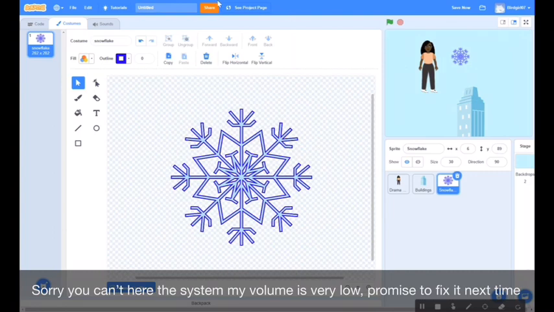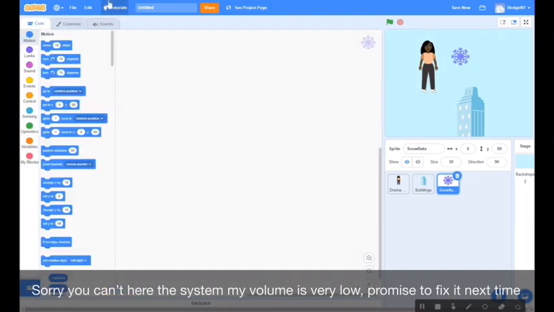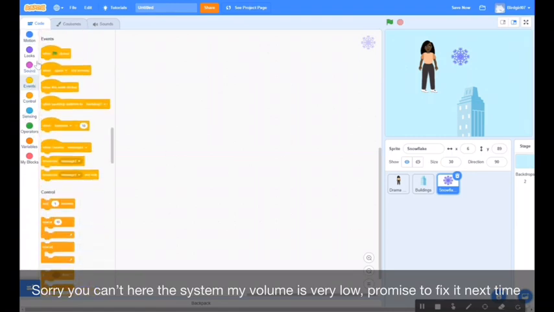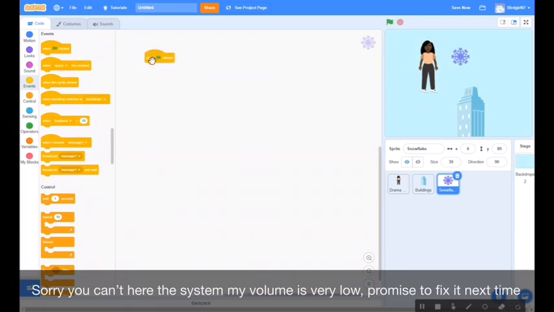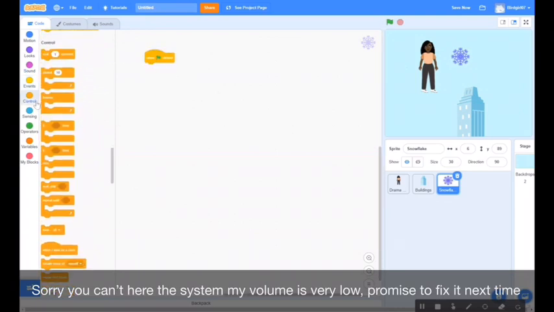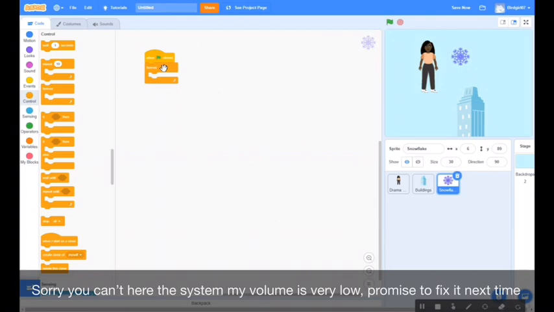There you go. That looks better. So now it's kind of better and it's visible. So next what we're going to do is add code to the snowflake so that the snowflake moves. So we're going to go back to events, when flag clicked, go to control, forever,